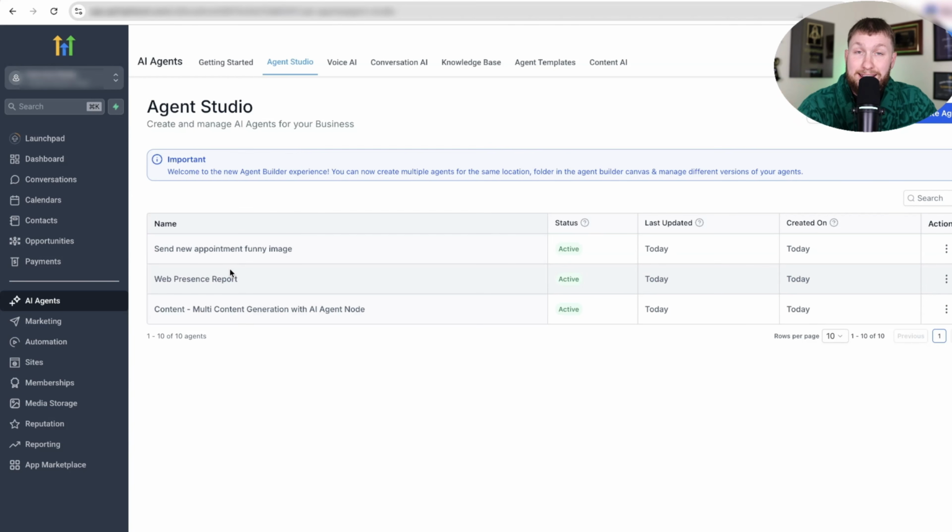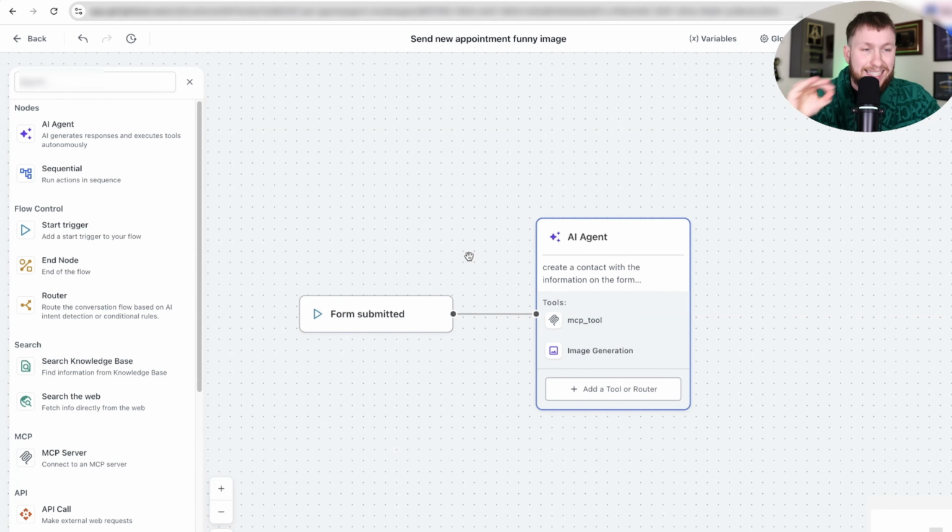These are the 3 AI agents I've created for you. Yes, they're in the Agent Studio and they are awesome. And these guys will be free right down below. So check this out. First off, we have send new appointment funny image. So essentially, this is what it is. This agent can send out a text, email, whatever you want, and send them an image with their